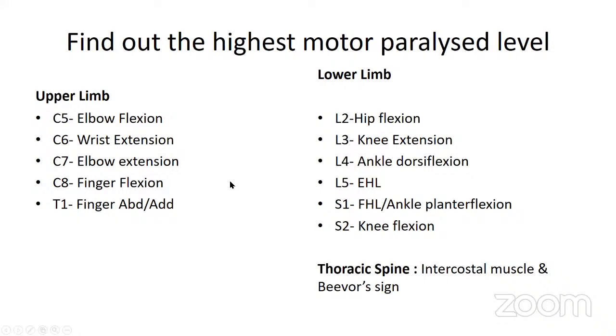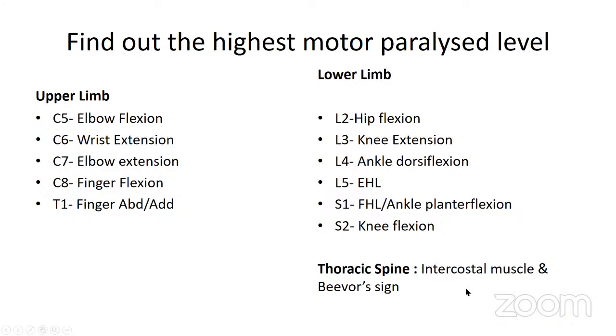Another tip about MRC grade: it should be told as grade 3, grade 4, or grade 5 only if the whole range is possible. If the whole range is possible against gravity, then only we can tell it is grade 3. If the whole range is possible against resistance, then we can tell it is grade 5. So whole range of motion should be there for telling whether it is MRC grade 3, 4, or 5. For the thoracic spine, we cannot classify according to the MRC grade,